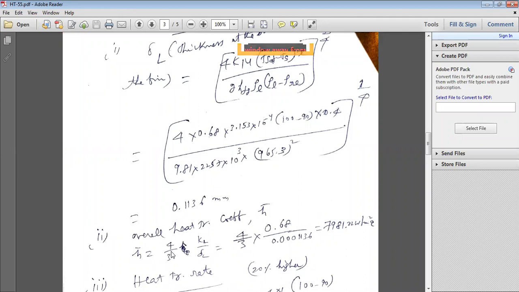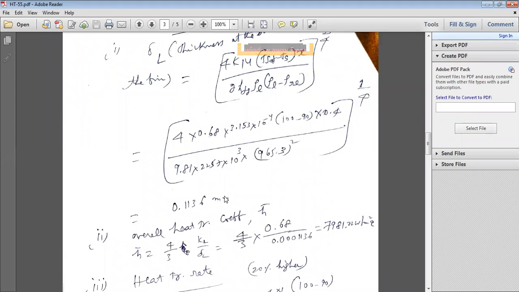H bar is equal to 4 by 3 times k by delta. Whenever x is equal to L, k by delta becomes k_L by delta_L. That is equal to 4 by 3 times k_L, the thermal conductivity of the liquid, 0.68. So 4 by 3 times 0.68 divided by delta L,